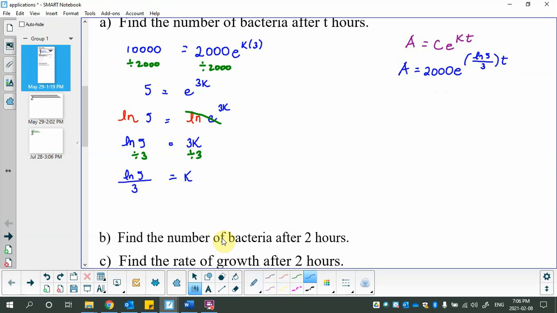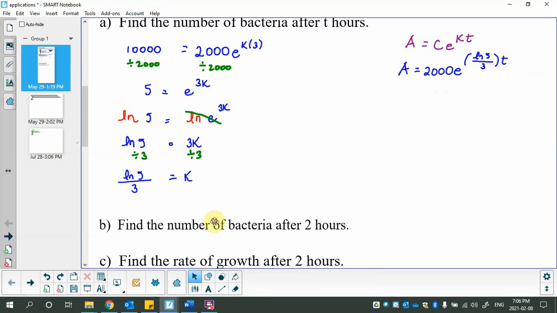Find the number of bacteria after 2 hours. And you're thinking to yourself, how am I supposed to know about taking the derivative? You just wait. So I'm going to take this formula and I am going to pick black, and I'm going to carry on from this point just to save me some writing. And I want to know the number of bacteria